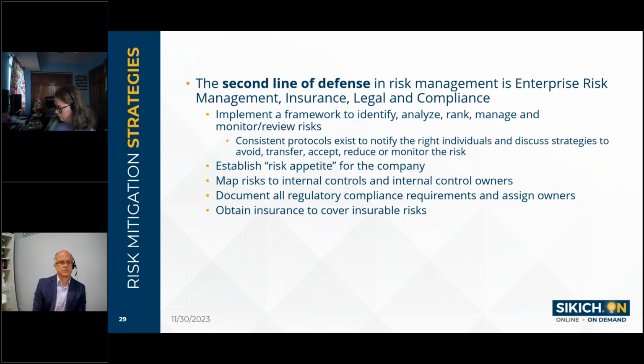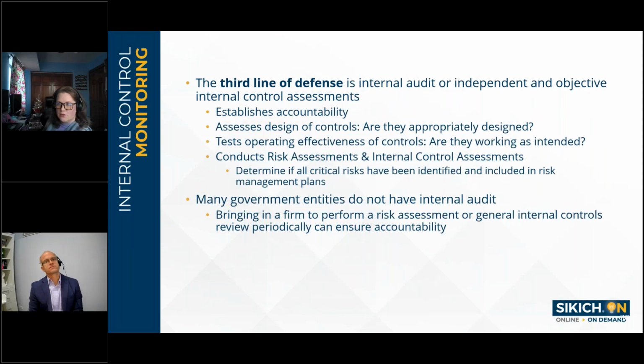There's a philosophy of big R, big C, little c. And so in your risk mitigation strategy, if you've got a big risk, you should have a big control. If you've got a small risk, you should have a small control, just to help efficiency, right? You don't want to have a small risk with a big control and really bog down a process where the risk doesn't warrant the control. So while they use the example of the TSA, it is a big risk with a big control, but if it's not a big risk, you don't need to invest the time on bogging down a process. Right, overkill, it's cost versus benefit, truly.